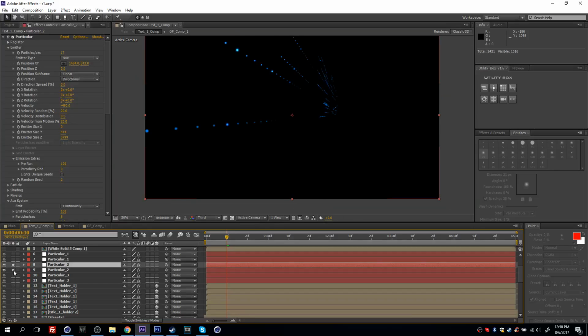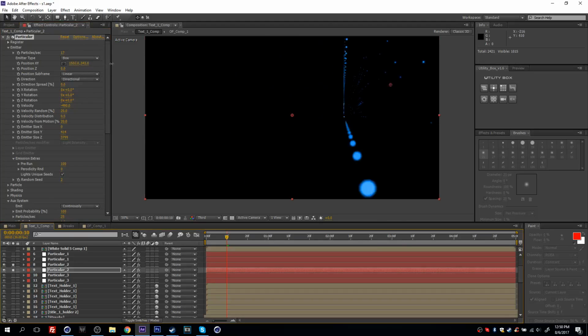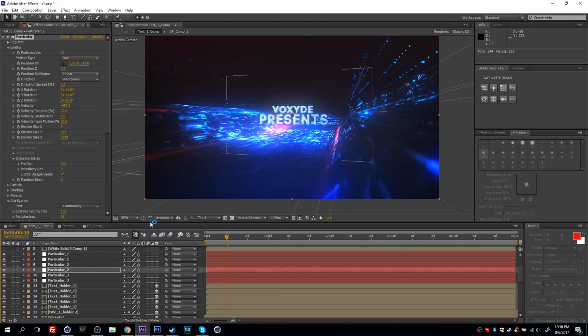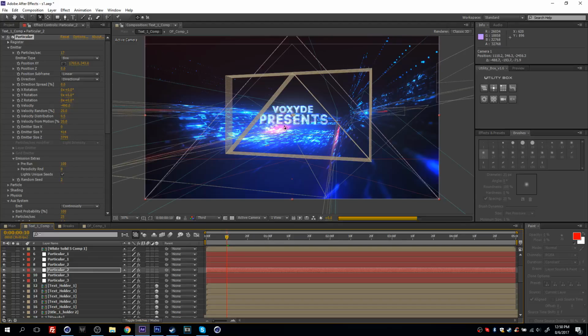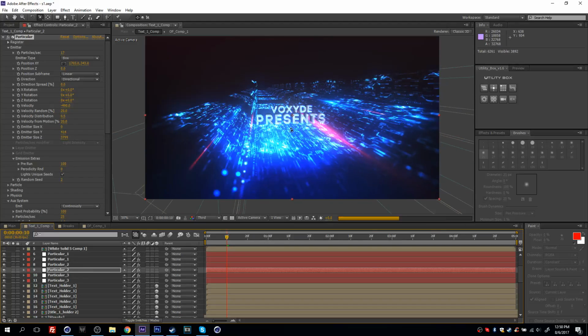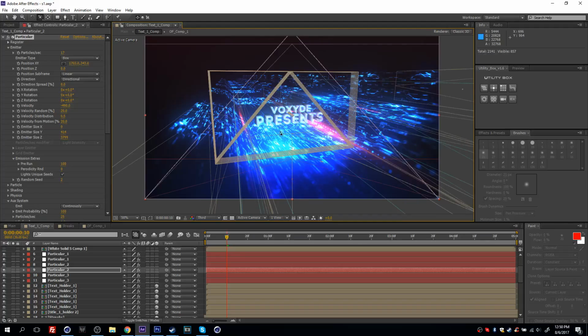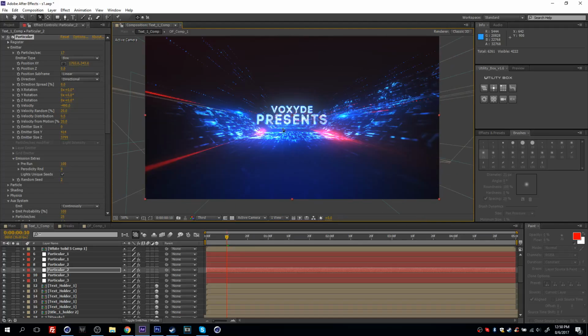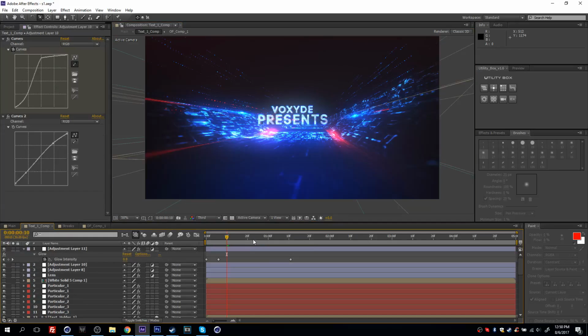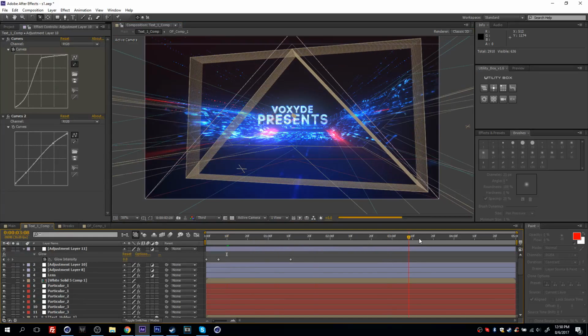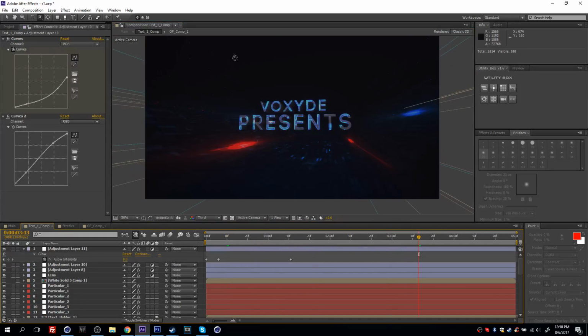So maybe this guy, these two layers. So I'm gonna go ahead and for the position, I'm gonna try to reposition this maybe behind our camera here. Alright, so you can kind of see and maybe get an idea of how everything would work. And of course, like I said, you can mess around with the geometry layers for the circuits and really have a lot of control. You can see that if I move towards the end of the composition here, everything gets